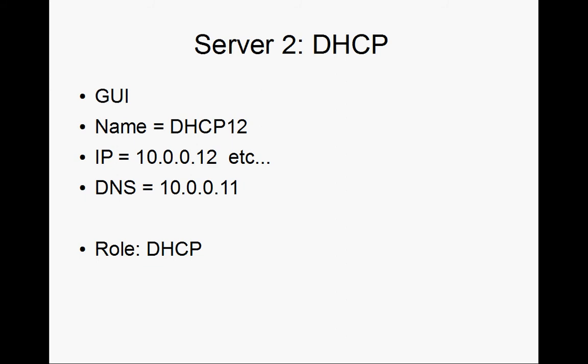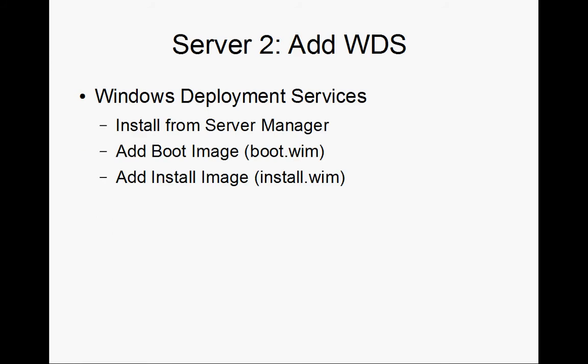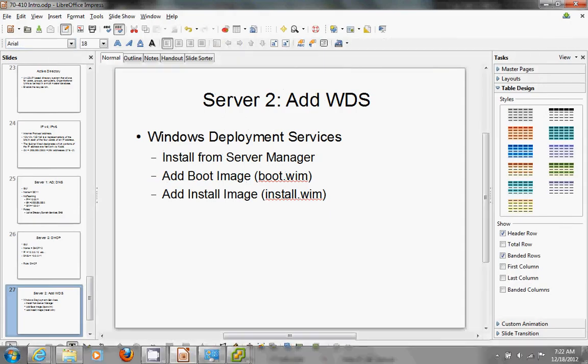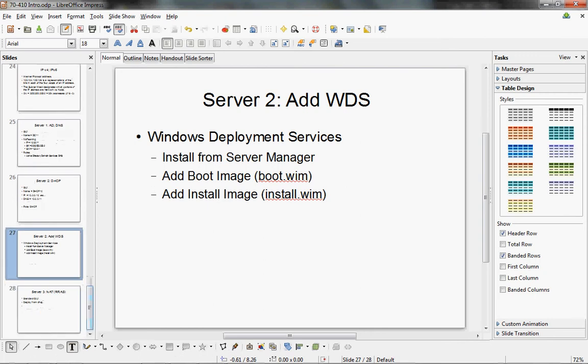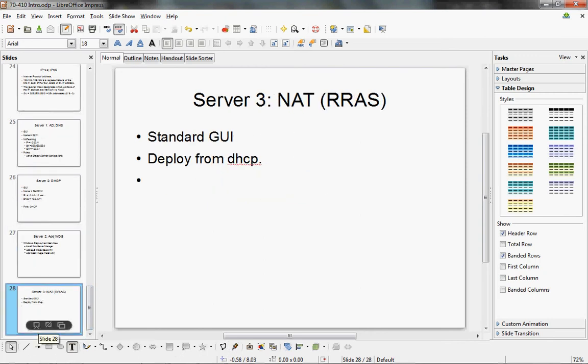We're going to start by installing the DHCP role. After that, we're going to add Windows Deployment Services. And we'll probably do this remotely from Server Manager and add a boot image and an install image. And then we're going to install Network Address Translation Box, otherwise known as Routing and Remote Access, which has been